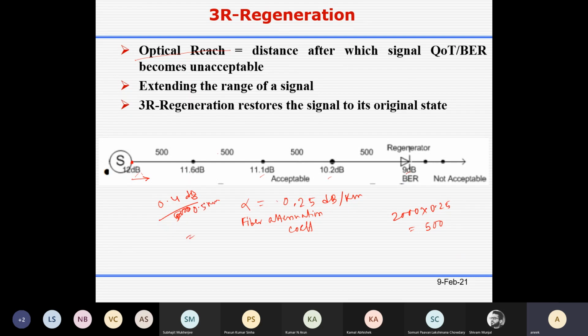So you get about 0.8 dB per kilometer. I don't know what they have taken. 0.8 dB is a large value for attenuation.